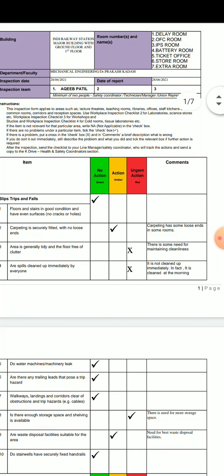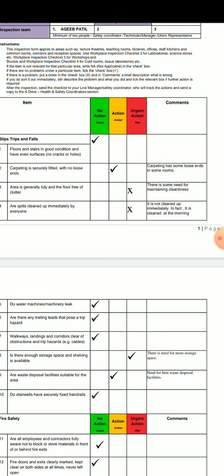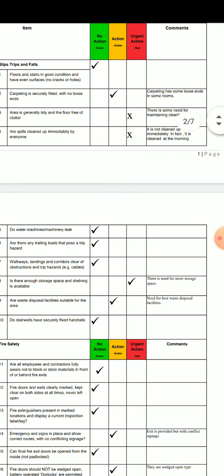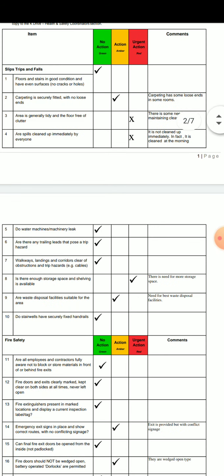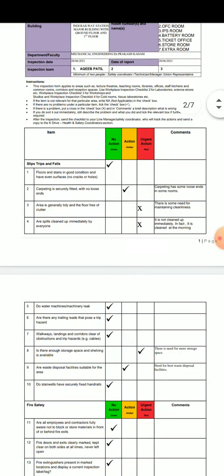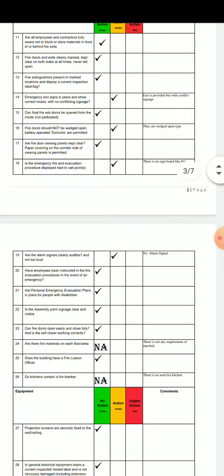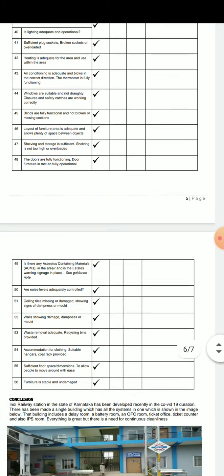If a particular item creates a problem, as well as it is required to take urgent action on that problem, we will put an X in the box. But if a particular item does not create any problem, then we will just put a tick mark, as it is shown over here in the urgent action box. That is, action should be taken as urgent as possible, but it will not create a problem. So in this way we have to complete this sheet. All the things that are mentioned over here, we have to complete like this.